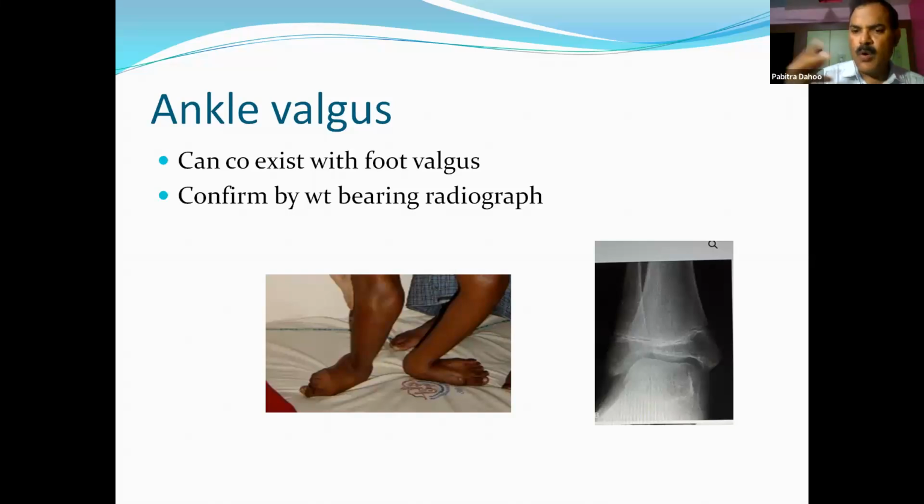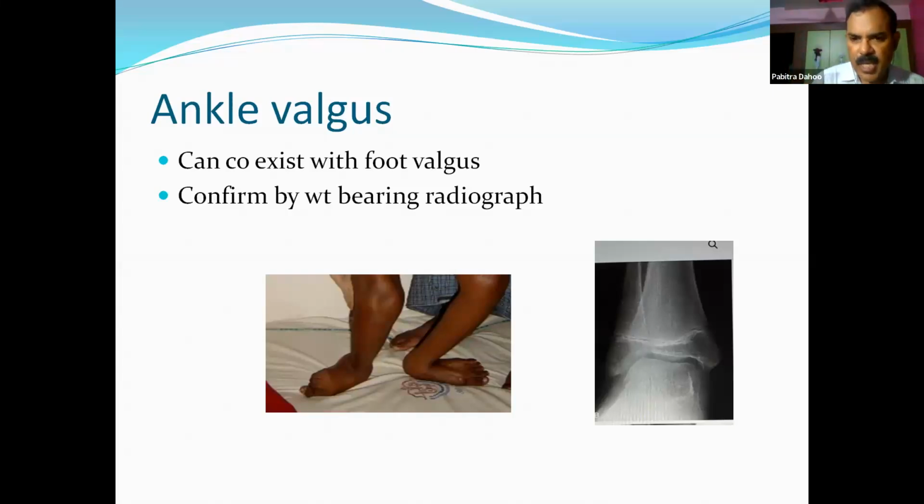Okay, ankle valgus is difficult to see by clinical means because the ankle joint and the subtalar joint are so limited in space, hardly 2 centimeters. So it is very difficult to elicit the site of valgus. Of course, the main site is the subtalar joint, because it is the commonest site of inversion and eversion. But still, the ankle can go into valgus and you will confirm it by doing a